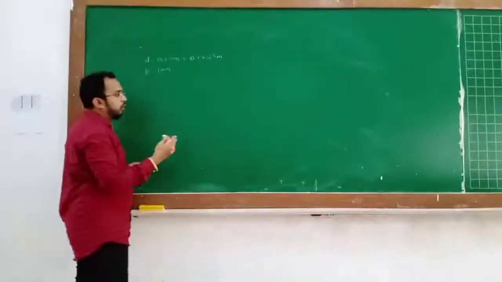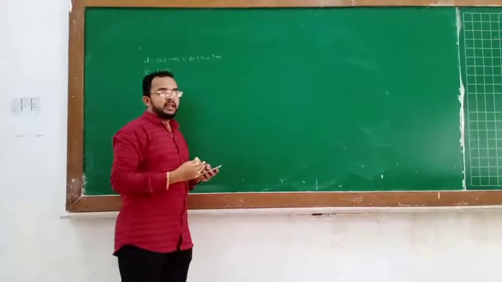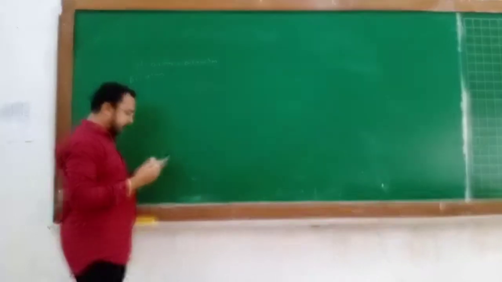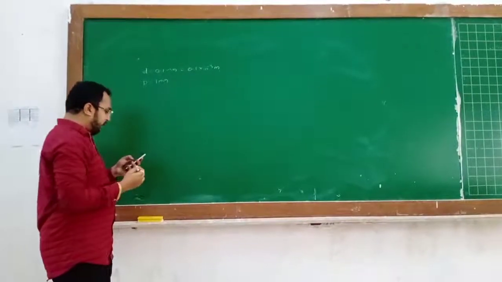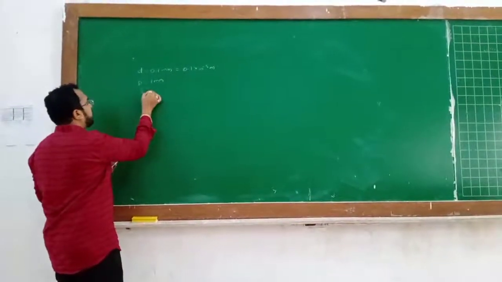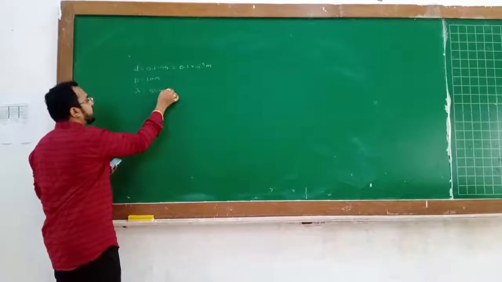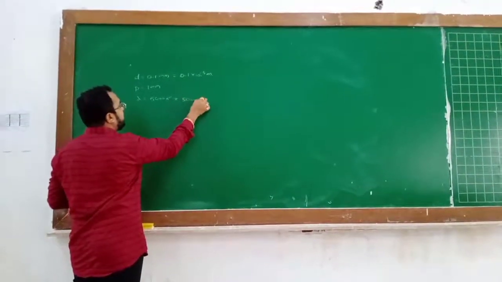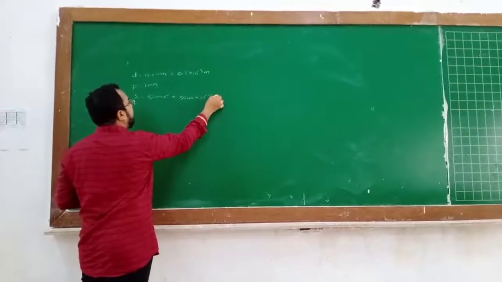Because here we are not comparing the two terms, that is beta 1 upon beta 2, lambda 1 upon lambda 2. So we are not comparing the two; we are going to find the answer. The wavelength is given as 5000 angstrom. What is the conversion of angstrom? It is 5000 into 10 raised to the power minus 10 meter.